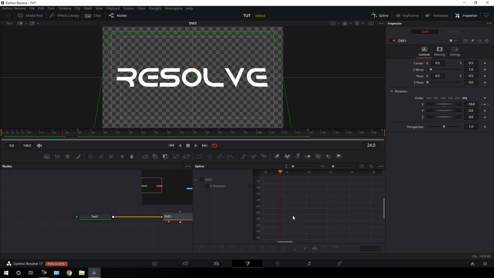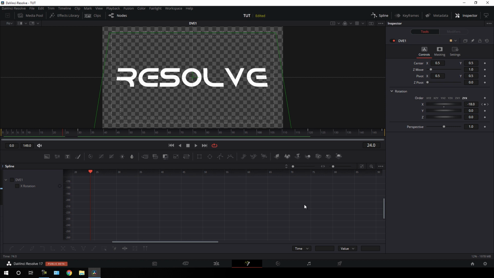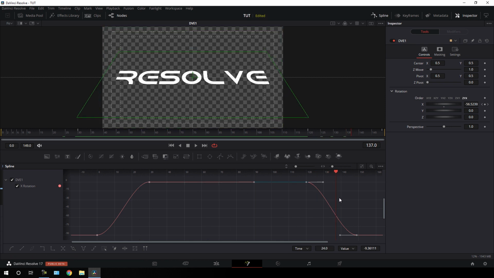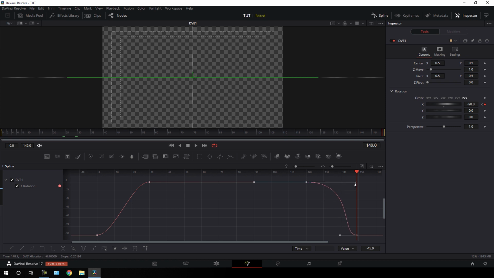Just go to the spline window, hit F4 on the keyboard to full screen, check this option DVE, click on the fit button, select both the keyframes, click on the smooth button, or you can also hit S on the keyboard to smooth. Just select these two keyframes as well, hit S on the keyboard, set the CTI at the end of this animation right over here. Hold this handle and just create a nice smooth curve. Now just go to the very first frame right over here, maybe highlight this point, hold this handle and just drag it like this and create a nice smooth curve.